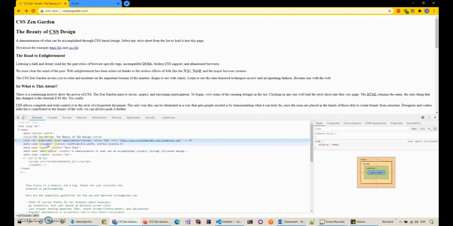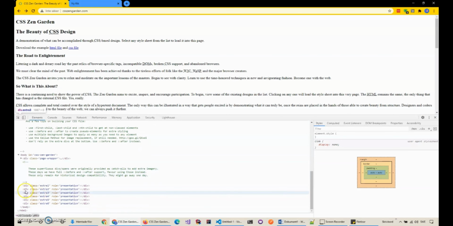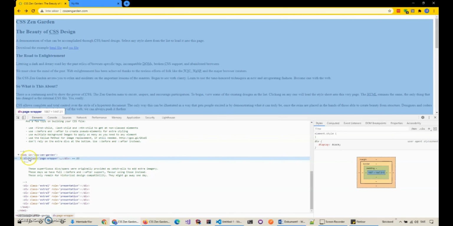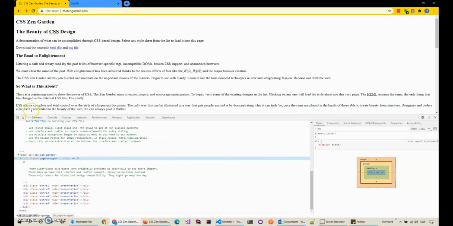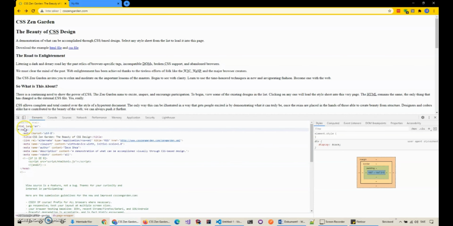This is what the page actually consists of in terms of HTML, and the other stuff is in the CSS. So these are the different parts. HTML determines the different parts of the page. So we have here, if we scroll down, one here. This div is short for divider. The body is the thing that is inside the view area, and the head is more like the things concerning the title and different metadata.